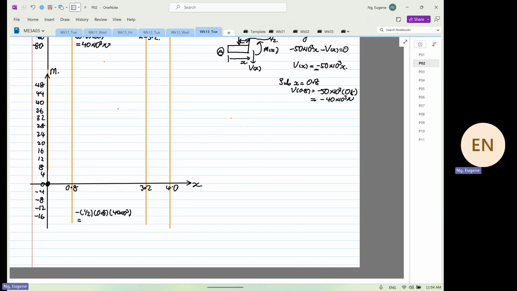So this is equal to minus 0.5 times 0.8 times 40, which is minus 16 times 10 to the power 3 Newton meter. So it's over here. But is it a straight line or a curve now? Why is it second order? Because the other one is